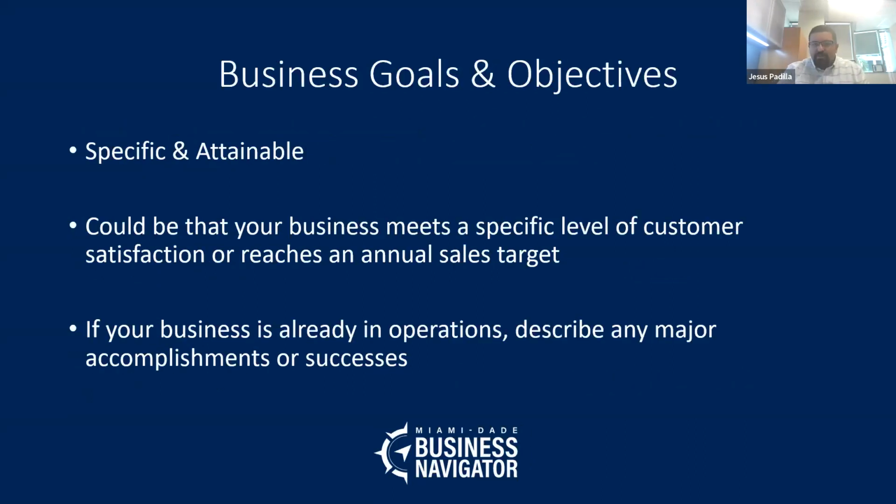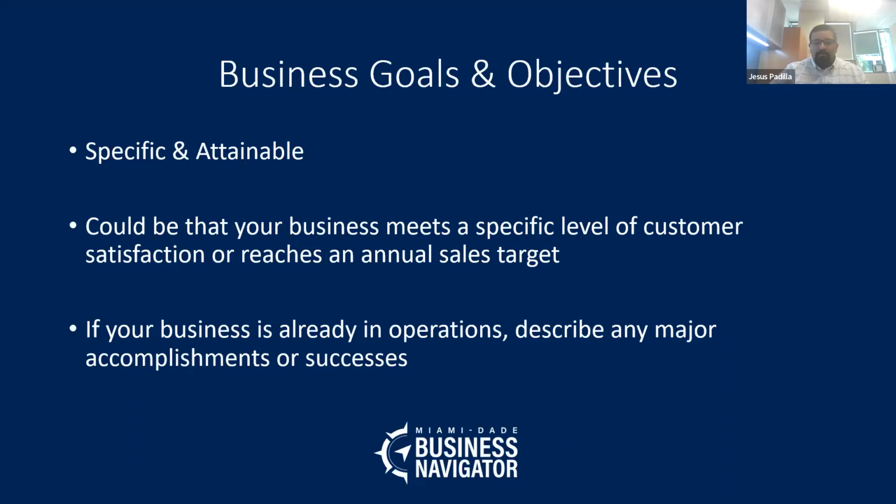Some of the business goals and objectives: this is where I strongly encourage you to be very specific and set attainable goals. If you're just thinking, I'm going to generate $1 million, or everyone's going to be my client, you have to go a little bit more specific to make sure that it's attainable, because you want to have realistic expectations. This business plan could be for potential bankers and investors, so they really want the concrete nuts and bolts. At the end of the day, numbers don't lie. So they want it to be as specific as possible.